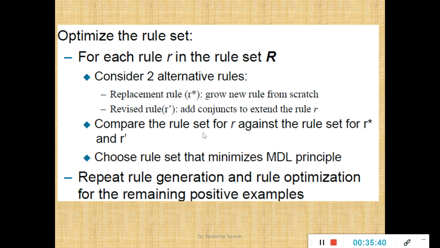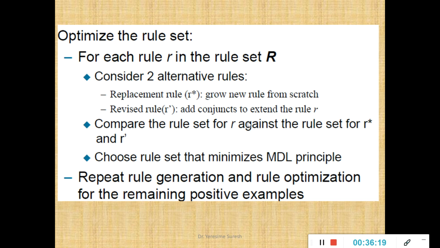So we have covered the sequential covering algorithm as well as your repair method, which are direct methods of extracting rules from the data set. Please remember, rules can be extracted in two ways. One is from the data set. If I extract rules directly from the data set, it is called a direct method. And under direct methods, we have seen the sequential covering algorithm as well as the second approach, the repair method. The second category of extracting rules is the indirect method, wherein from the classification model I extract rules.